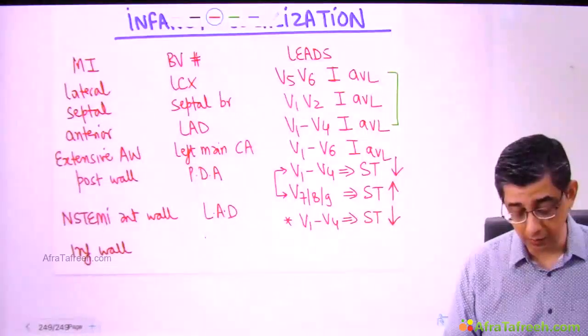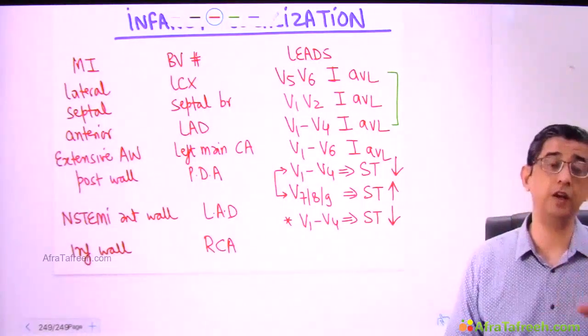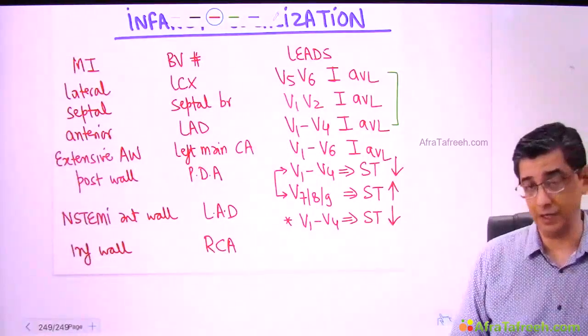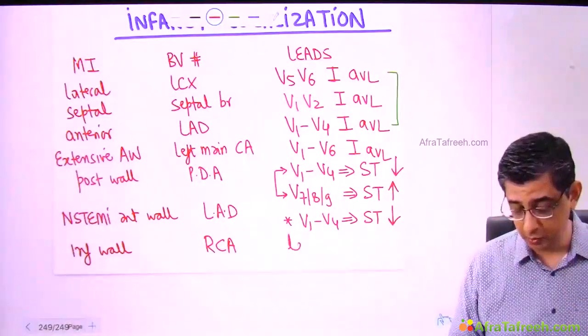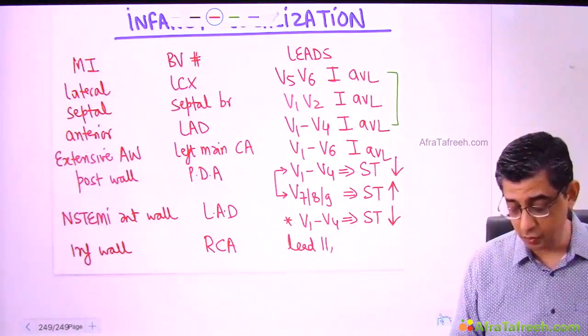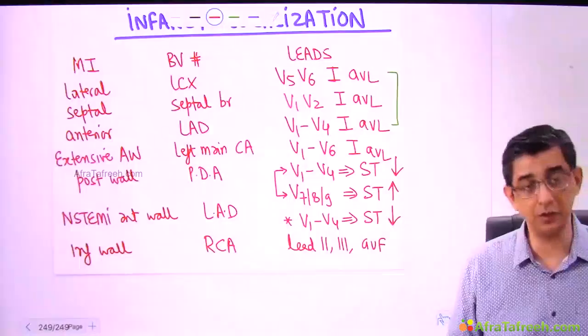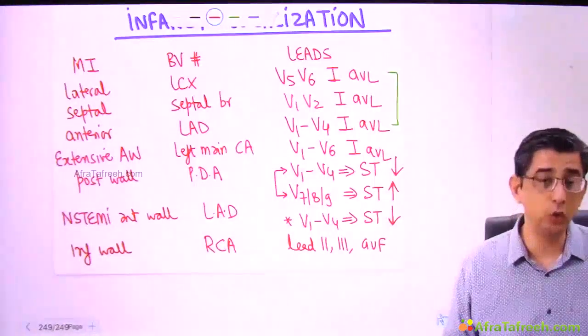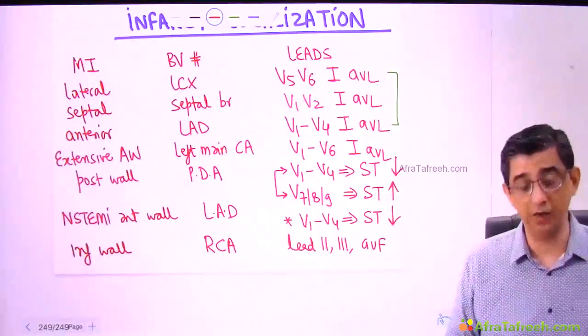So lots of time the questions will actually begin by saying inferior wall MI, which is always given in every textbook right at the bottom, and the examiner will pick up from there. In inferior wall MI, which leads will be used? I have already sensitized you to this, so I don't think it will be too much of a drain on your energy or precious resources. It would be lead number 2, lead number 3 and AVF. I again repeat, it's not AVR, it is AVF.